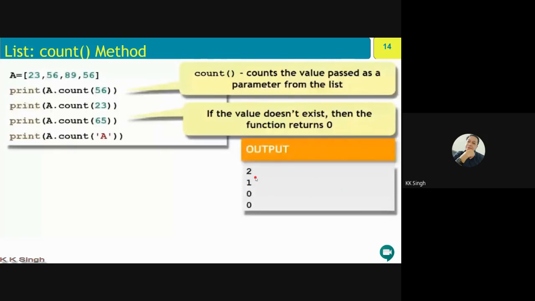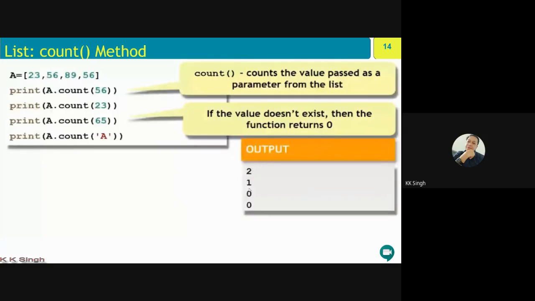Next, print a dot count 23. So 23 is available at index 0 and only one occurrence is there of 23. That is why it will print 1 only. Okay, 65 is not available in the list A, so it will print 0. Similarly, A is also not available in the list.